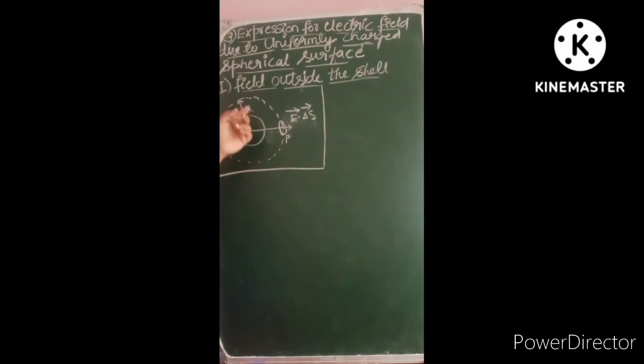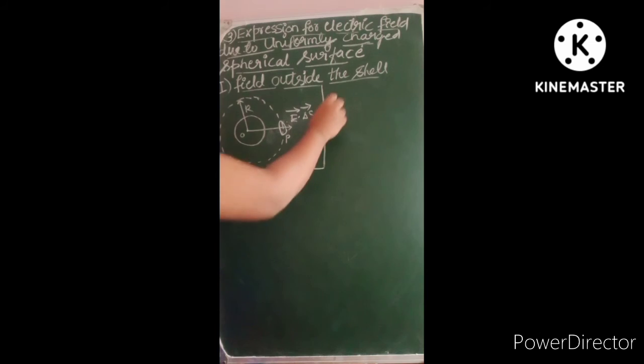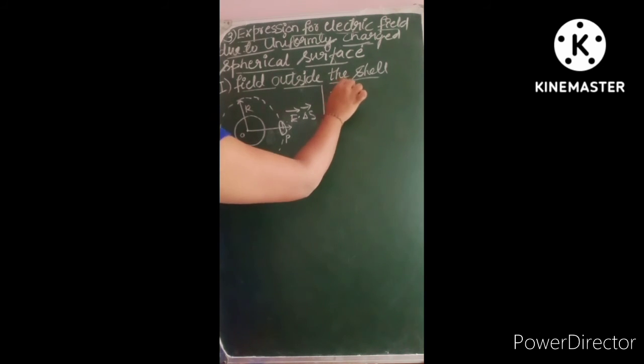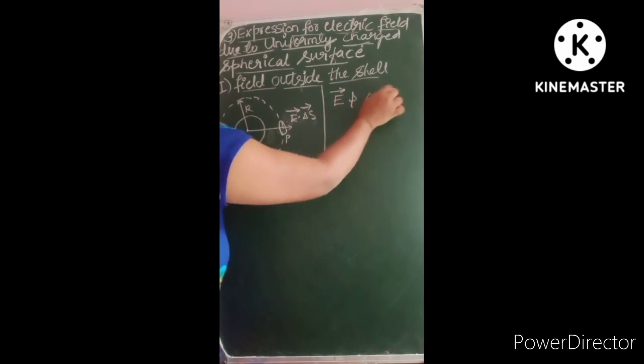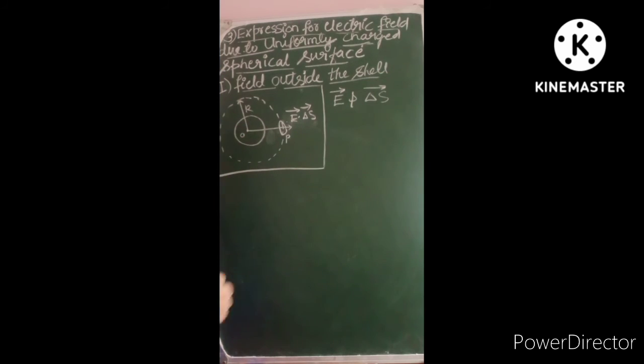It is at a distance r from the center O. Since at all the points the spherical symmetry is relatively equivalent, for a given surface at every point the value of E bar, that is the magnitude of E bar and delta S bar, these will be parallel,